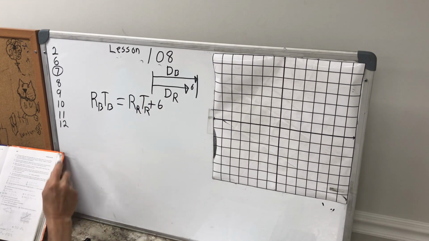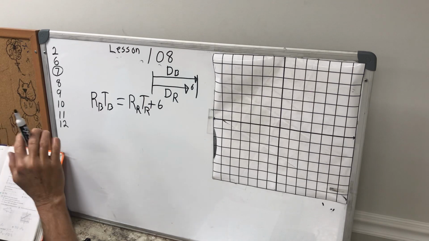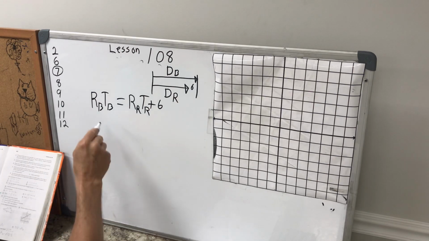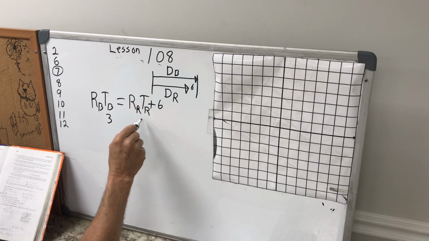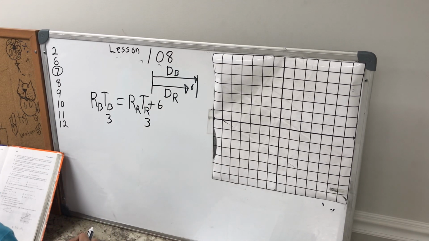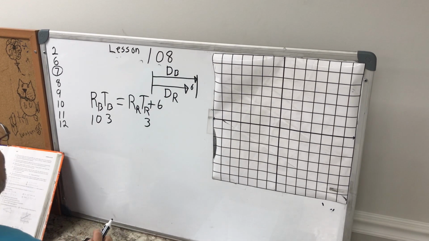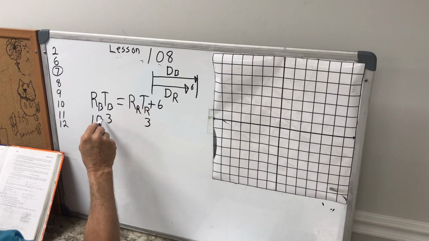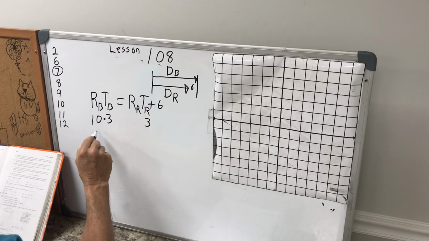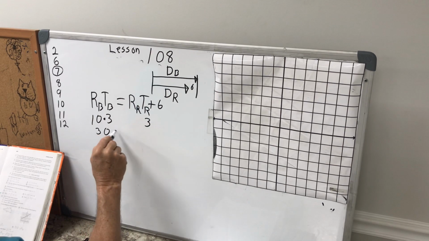Both of them had the same amount of time when the gun sounded, and 3 hours later. So they both had 3 hours. Time. And it says that Bill's speed was 10 miles an hour. So now we have the 1, 2, 3 that we need of the 4 to solve these. These are side by side, so we will multiply those. That would be 30 equals